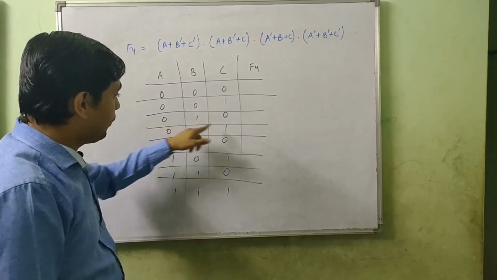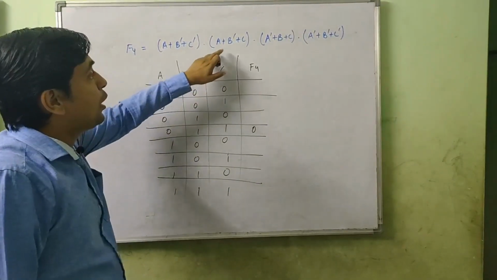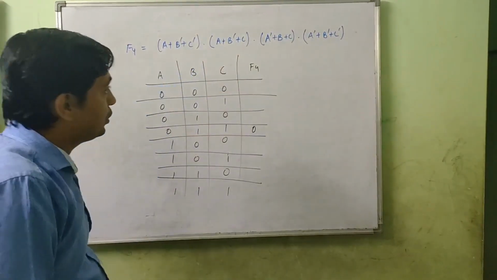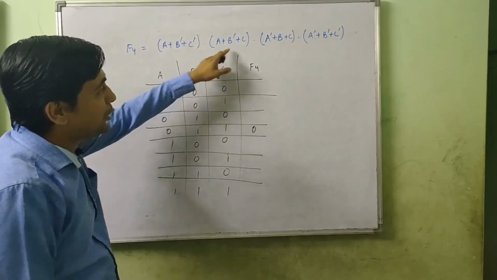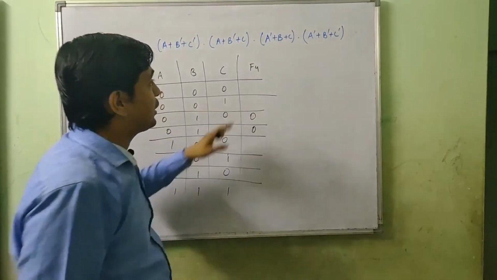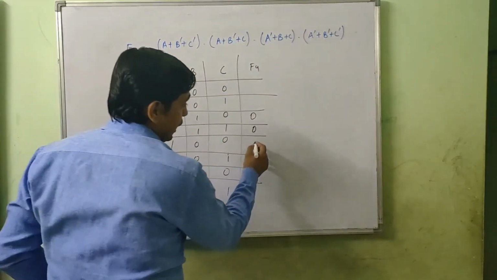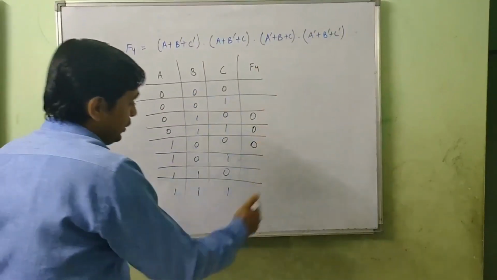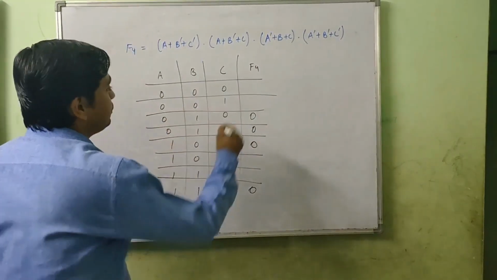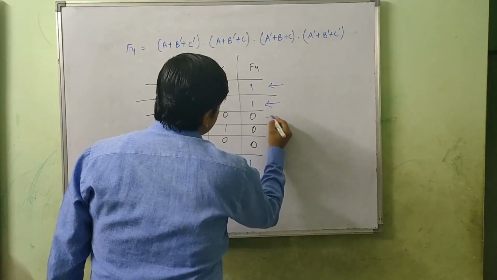So 0, 1, 1, and we will represent it as 0 because it is a max term. The second one is 0, 1, 0, my mistake. a as 0 and b complement as 1. So 0, 1, 0, this one. The next one is 1, 0, 0, this one. And the next one is 1, 1, 1, this one. Whatsoever we are left with are min terms, so we will note them down as 1. And we will note down these min terms first.